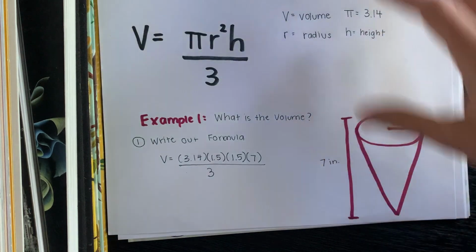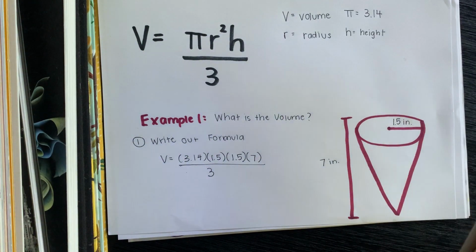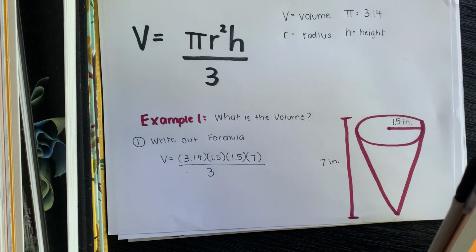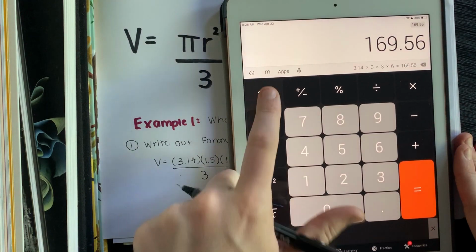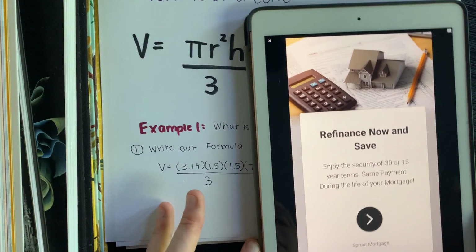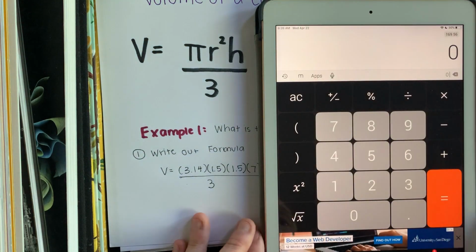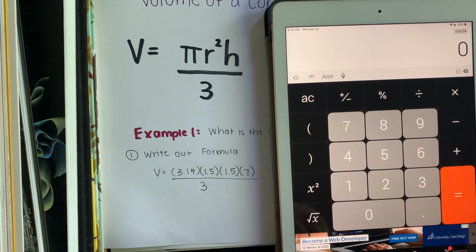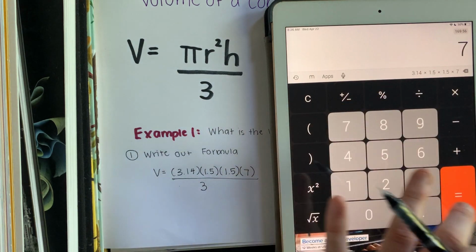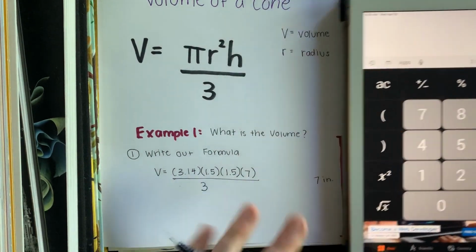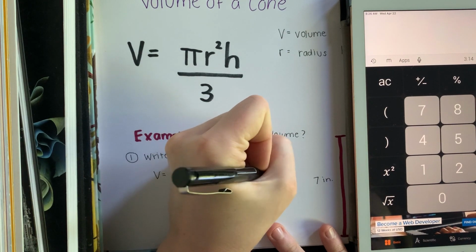Okay, here we go. We're going to do it on my calculator. Some of you yesterday were like, can I do it without a calculator? And I'm like, sure. That's just a lot of multiplication to do on your paper, but you can totally do that if you want. Okay, here we go. I got my calculator. So into my calculator, I'm going to put 3.14 times 1.5 times 1.5 times 7 equals,